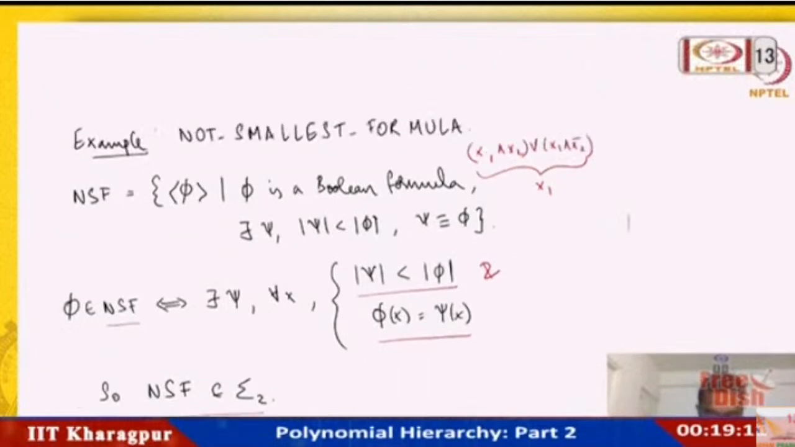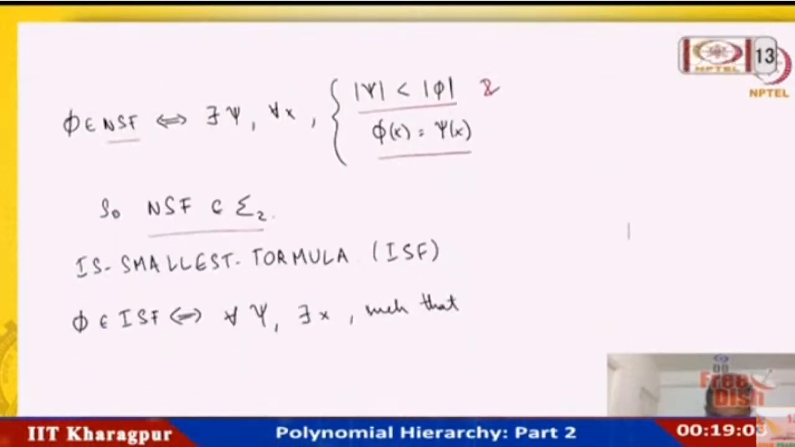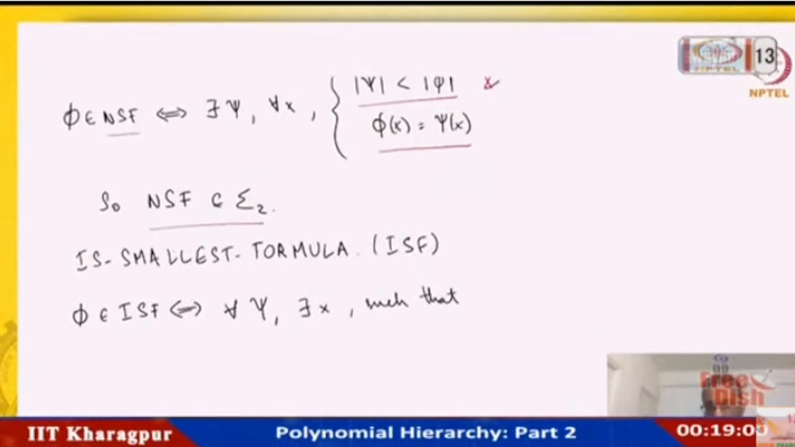Now I mentioned that if a language is in sigma2, the complement should be in pi2, and if a language is in pi2, the complement should be in sigma2. Just to illustrate that, and also to give another example for a language in pi2, let us consider the complement language, which is the is smallest formula. So given a Boolean formula, we are asking whether it is the smallest representation of that formula. There is no equivalent shorter formula. So how do we state that? Phi is the smallest formula if,